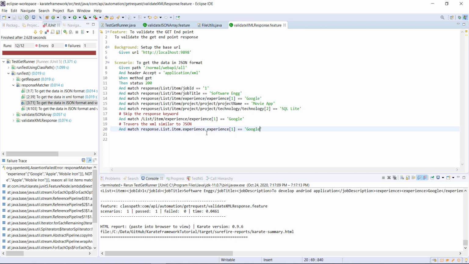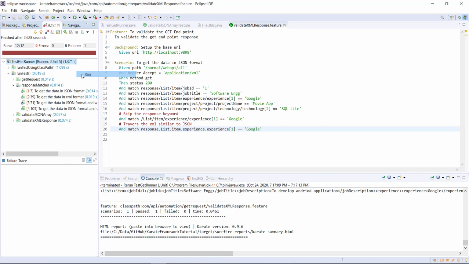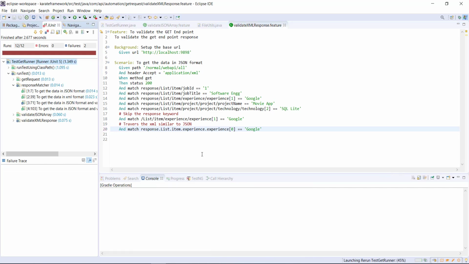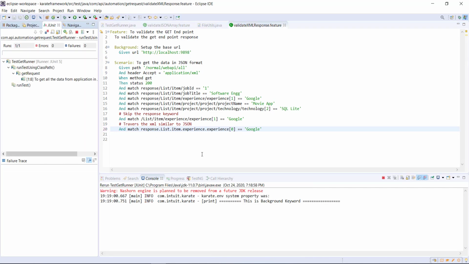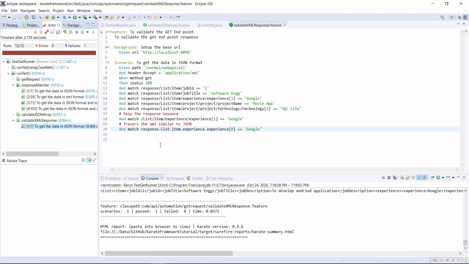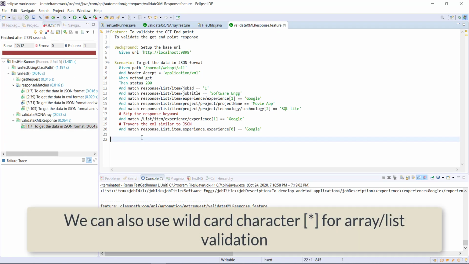Now in this case, our scenario will fail as we are traversing the response assuming that it's a JSON. In case of JSON, array index starts from 0. So this should be 0. So our test is passing. Once you have started using the JSON expression, you can also use the wildcard character.